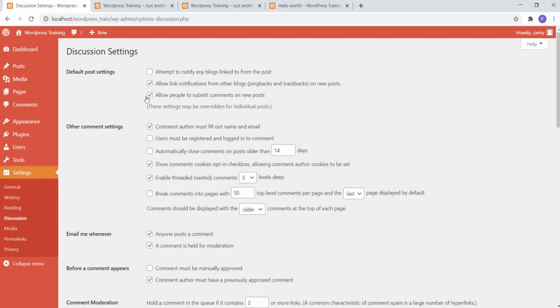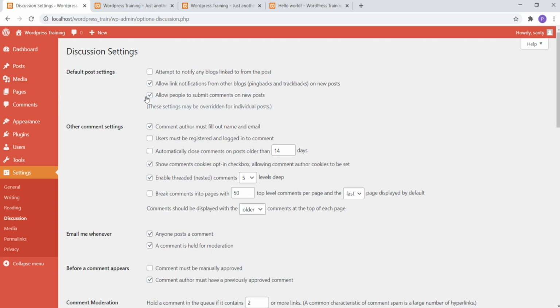First you have the default post settings. Attempt to notify any blogs linked to from the post: whenever someone mentions or comments on a particular post, the author gets notified. Allow link notification, so others can post their links in your comments section.